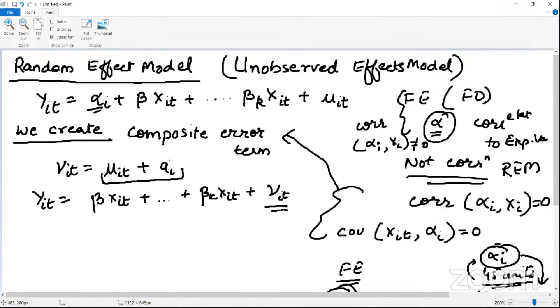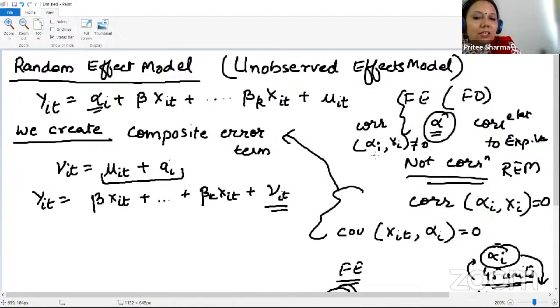Ma'am, because their alpha I represents all the entities. Here we are not able to capture them because the data is large and diverse. So whatever is left will be covered by this composite term, the error term. Yes, and also another thing is that here you can see